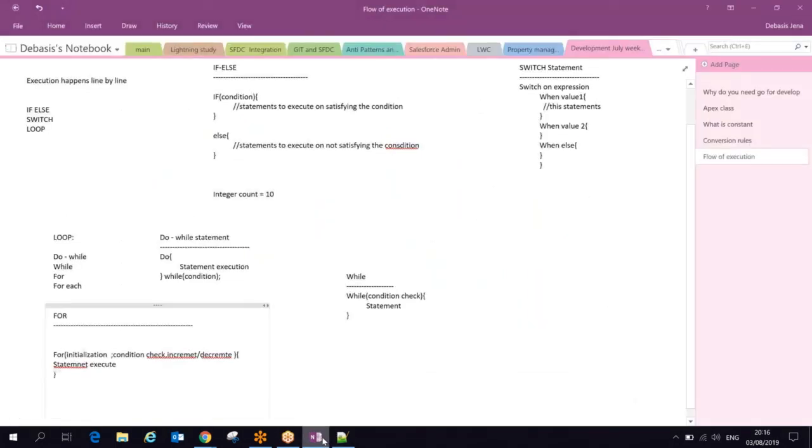So whenever there is this kind of looping, where we don't know how many times we need to execute the condition, or we want to loop on each element or each item, then we can use something called a for each loop.